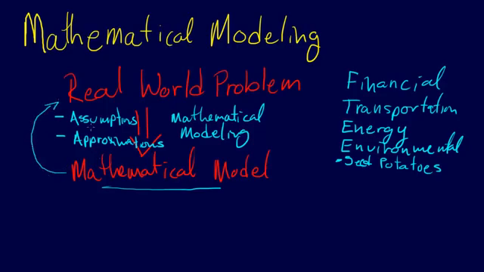We solve this mathematical model, we come up with that solution, and then we apply that back to the real world situation. I would also point out that in this mathematical modeling step, we will talk about error more in the following sections, but there are already assumptions and approximations that we make when we come up with the mathematical model. In addition, when we solve the mathematical model, we'll have to make additional approximations, but as long as those approximations are close enough,